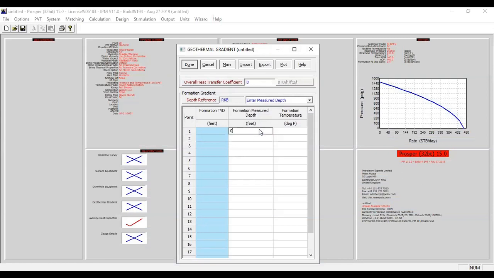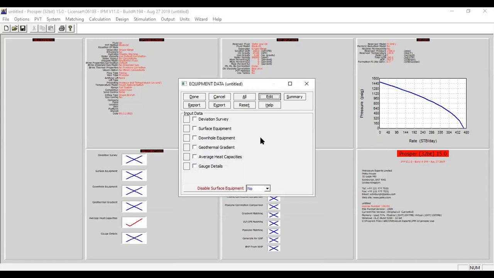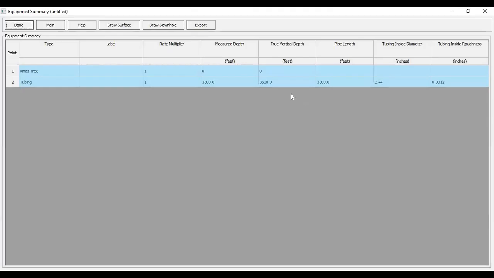And then the temperature at 0 feet is 60 degrees Fahrenheit, and at the reservoir depth the temperature is 130. Done. Lastly, the average heat capacities. We can use the default numbers for the oil, gas, and water. Click done. We can check the summary.